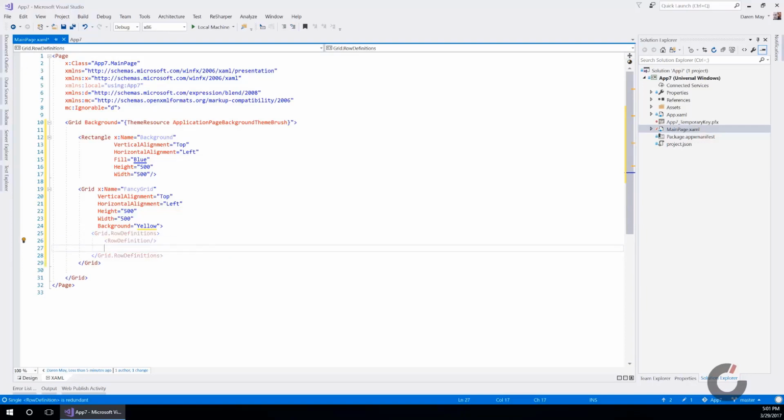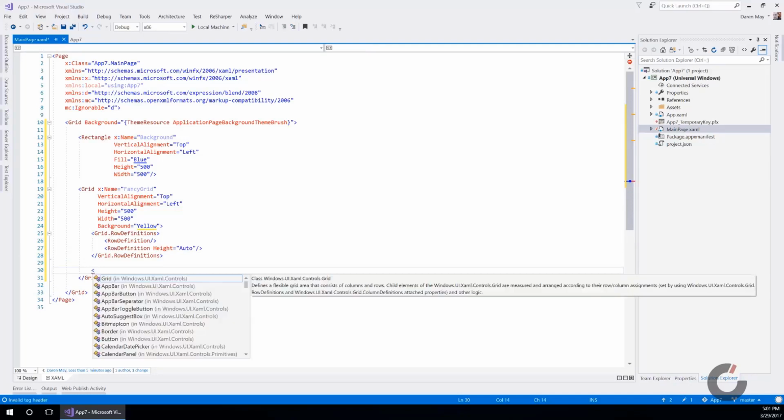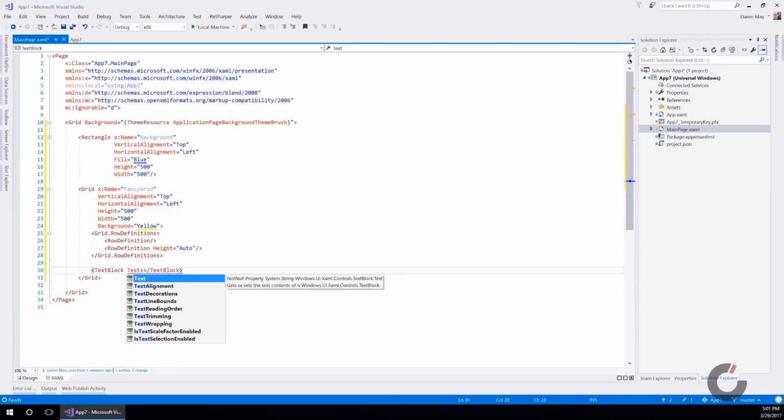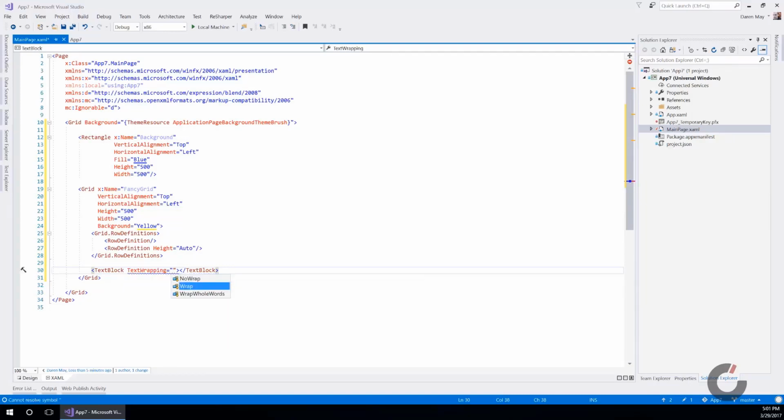This one will just have star size, which means it'll expand to fill the available space, and then this one will just have its height being auto, which means it will size itself based upon the contents of that row. Okay, let's add a couple of things in here. So we're just going to have a text block, going to have text wrapping to wrap whole words,